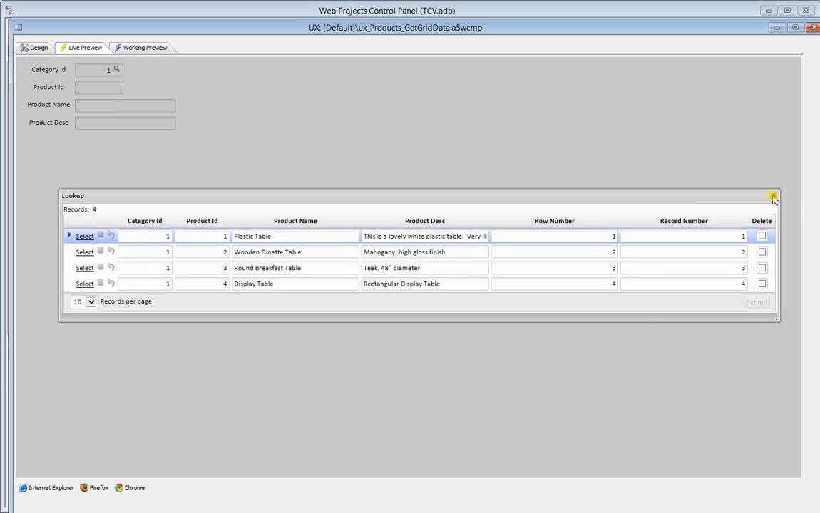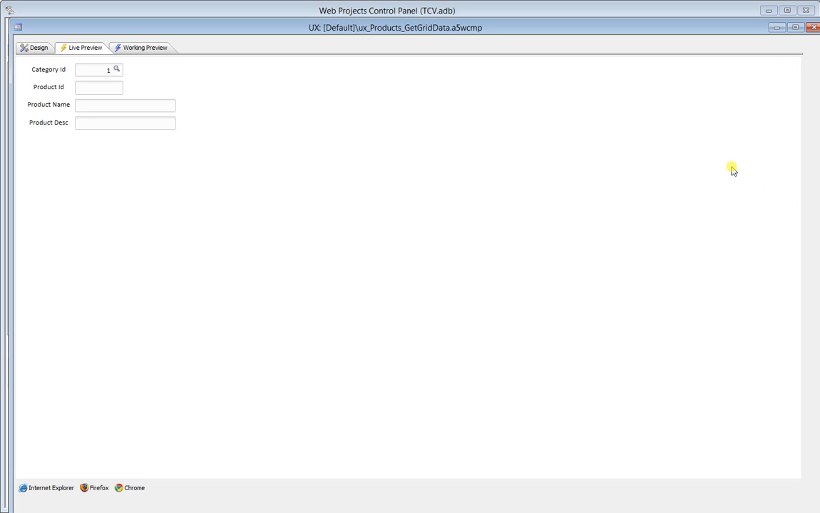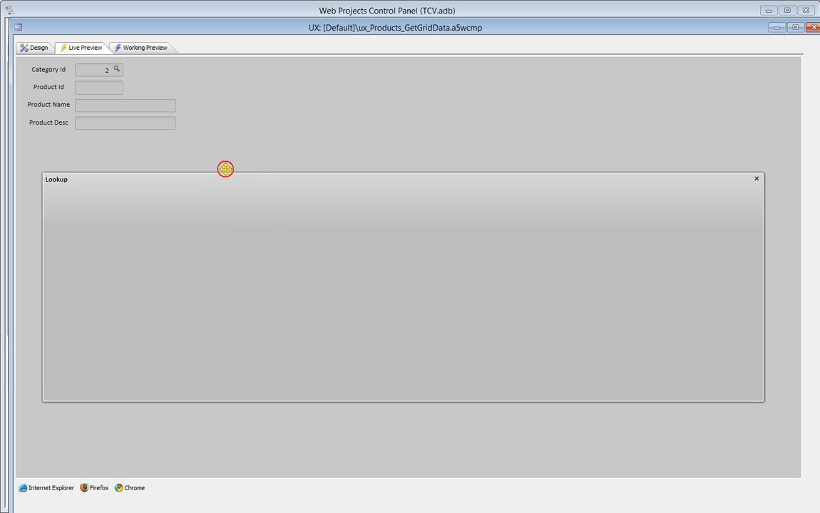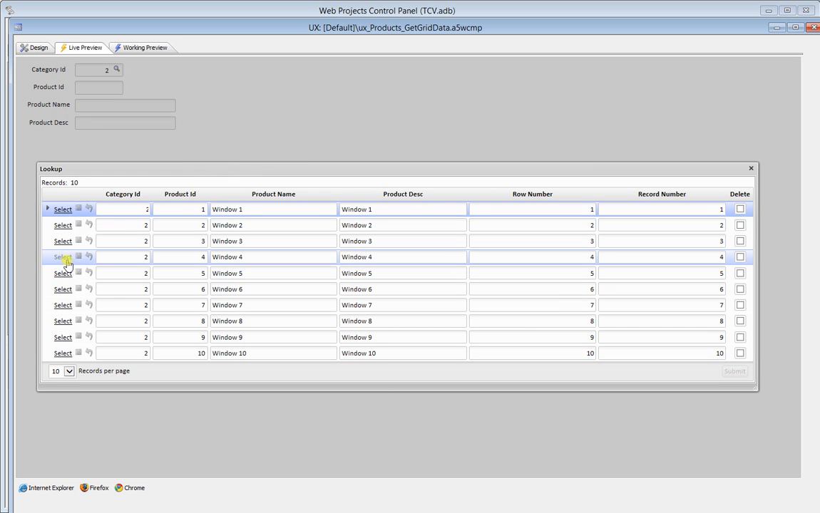So I can close this, and there's actually an option in there to say that I have to select a record as well. I didn't click that on, and that's in the lookup definition. So if I hit 2, I just wanted to show you that it's filtered on category number 2, so that's good. And so now I'm going to select,